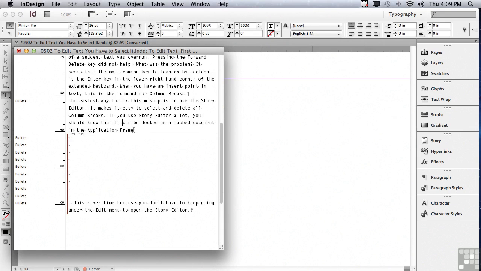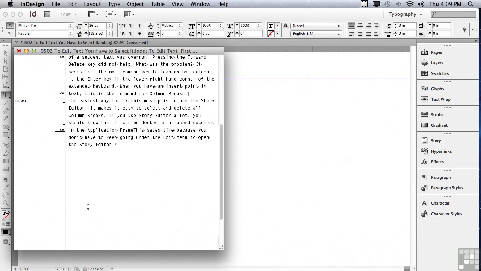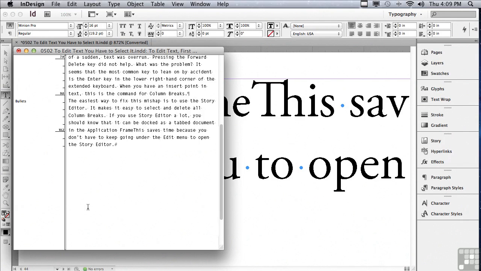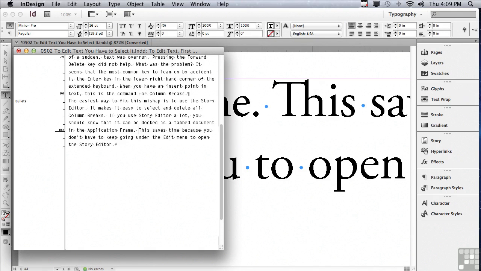I'm going to select the first page break and go all the way down to where my text continues. Now, I'm just going to hit Delete. Looks like I'm missing a period, so I'm going to type a period and a space. And you can see it actually added that in the layout itself. Let me close my story editor